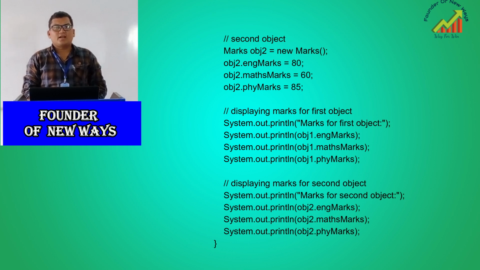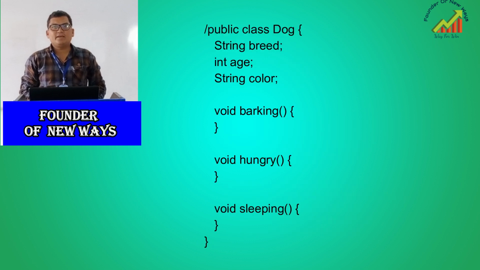Third is class variables. Class variables are variables declared within a class, outside any method, with the static keyword. A class can have any number of methods to access the value of various kinds of methods. In the above example, barking, hungry, and sleeping are methods. Following are some of the important topics that need to be discussed when looking into classes of the Java language.